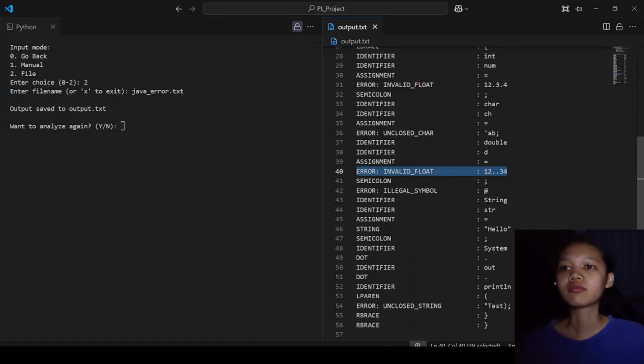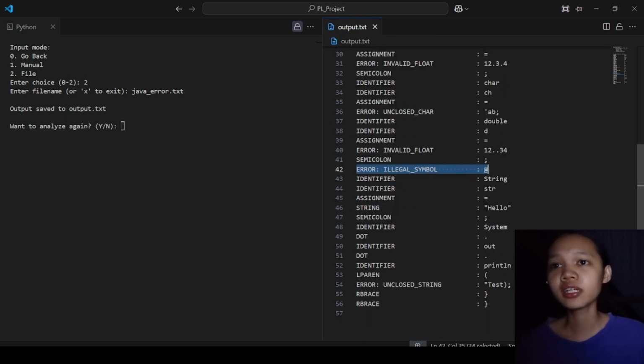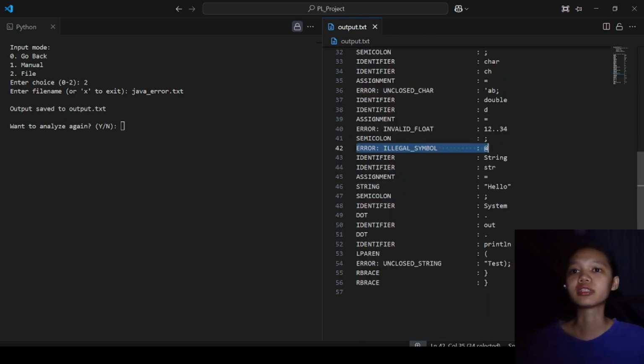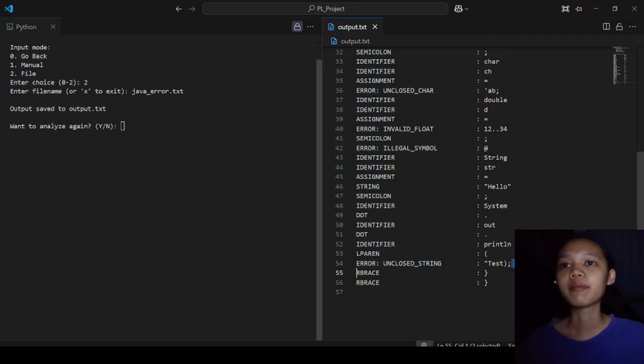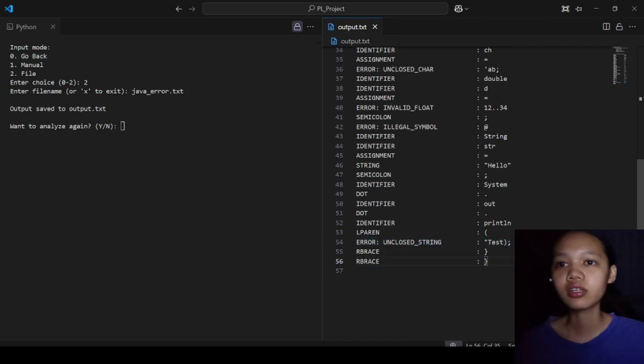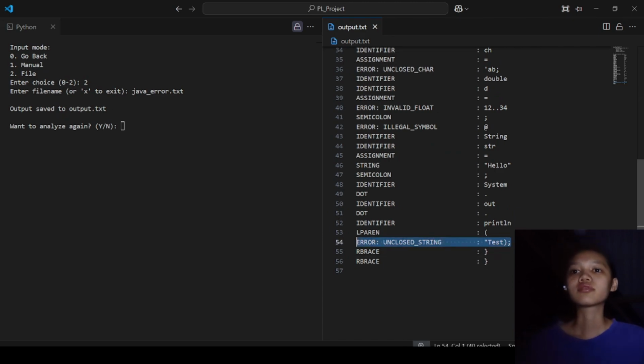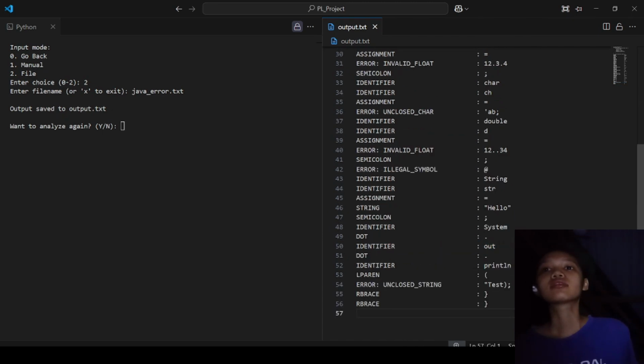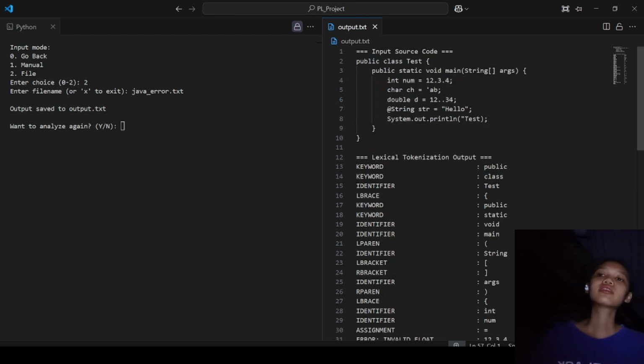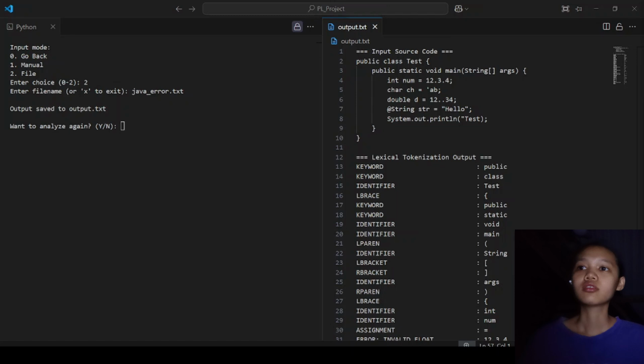Again, an invalid float, and then an illegal symbol, which is an at sign. The last one is the unclosed string for the word test. So that is the result of the code with several invalid syntaxes.